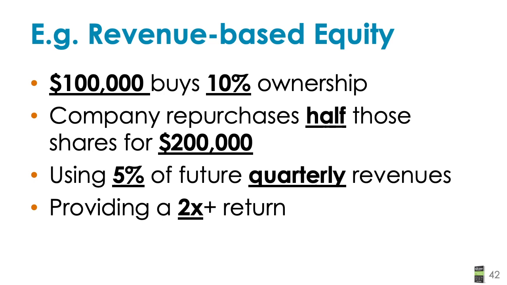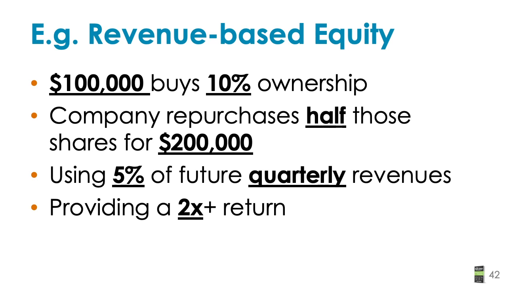So let's just say the same $100,000. This time it buys a certain number of shares. And in this case, we're going to talk about the shares in percentages, but just keep in mind that when you buy 10% of a company, you're buying a specific number of shares. That percentage just happens to be what comes out of the math. If someone else buys more shares later, you get diluted and all that. But you're buying a certain number of shares, and the company is promising to buy back maybe half the shares.